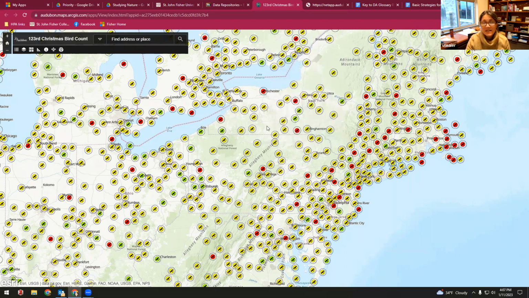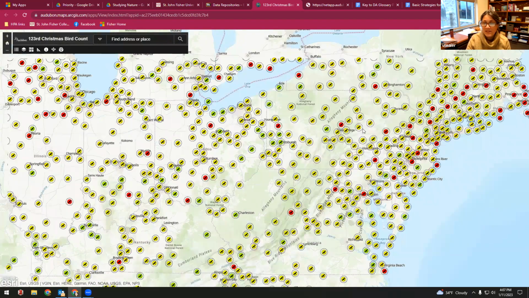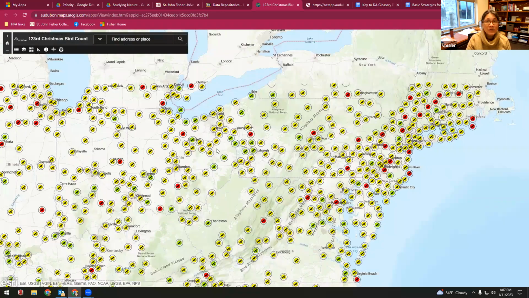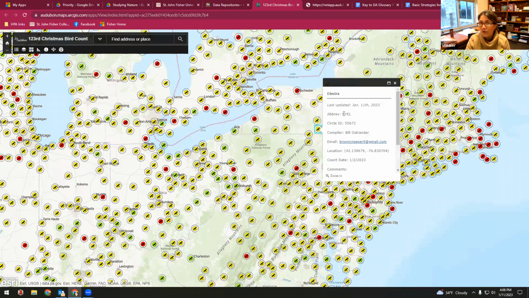If you're interested in getting data from somewhere else in New York State, or in North America, or even down into Central America, you're welcome to do that, like we're just exploring right now. But what you'll need to do is click on the count circle and look for the 4-letter code before you proceed. Okay, so once you have your 4-letter code,